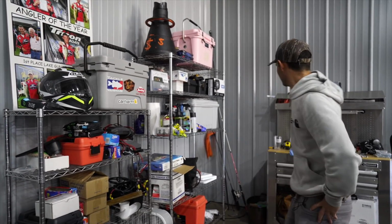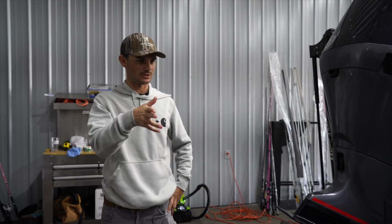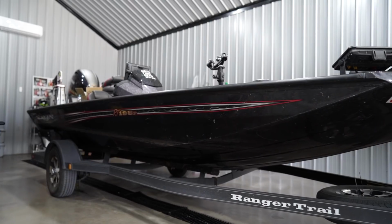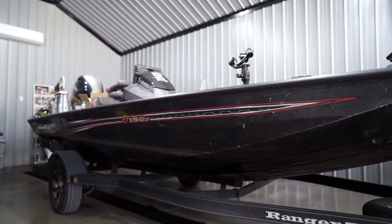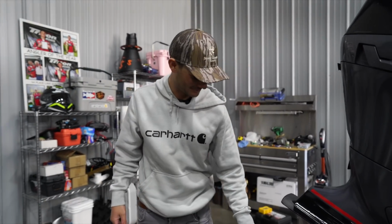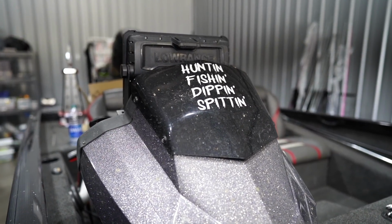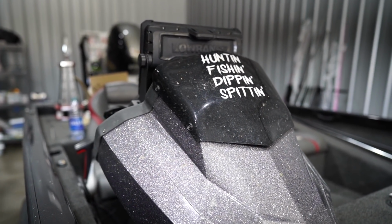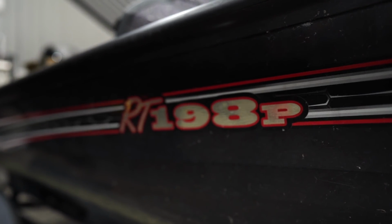But yeah, time for some boats. One of my boats is fixing to get sold. It's getting cleaned up, getting a few things fixed on it. This is one of my boats that's in between. I like to fish when I'm at home, just because I can be rough on her. This one's made for bass fishing, props chewed up and all, and I love this thing. This is the Ranger aluminum